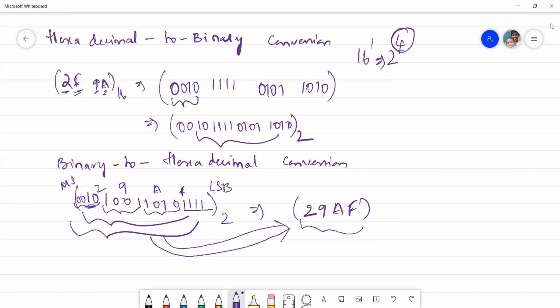So in digital systems, binary numbers are required to be converted, and certain results and status signals are required to be displayed. So it is highly inconvenient to handle long strings of binary numbers, so it may cause errors. So hexadecimal is very important for the efficient use of microprocessors and other digital circuits. So this is some application of hexadecimal.